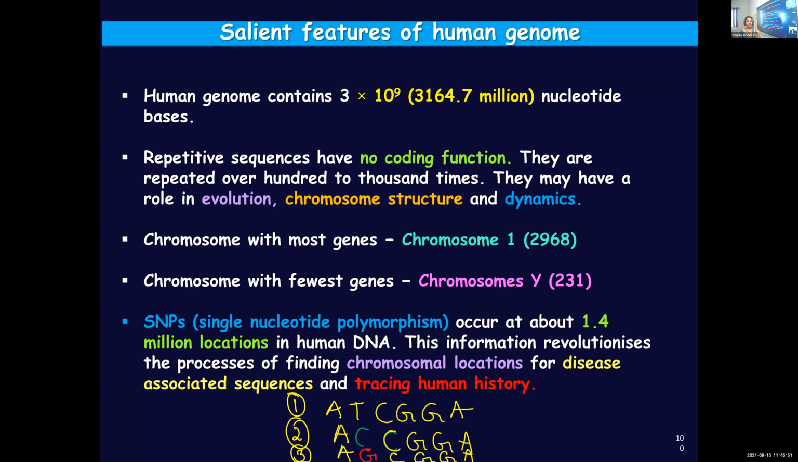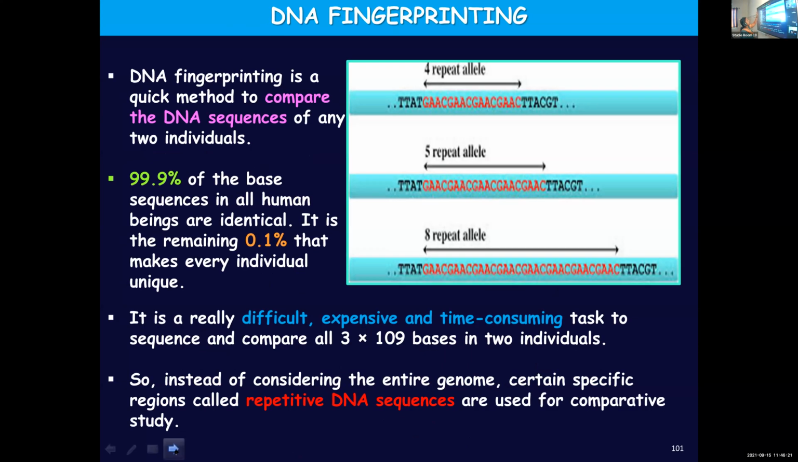So the information regarding single nucleotide polymorphism is very important in carrying out research related to diseases and also in tracing human history. Single nucleotide polymorphism means a genetic variability, affecting only a single nucleotide. Such SNPs can be seen at 1.4 million locations in human DNA. So with that, we have completed